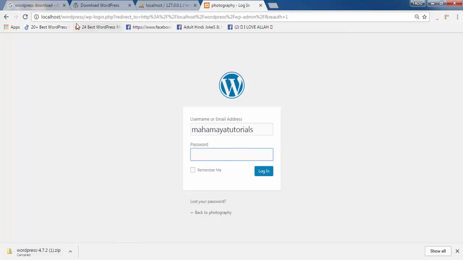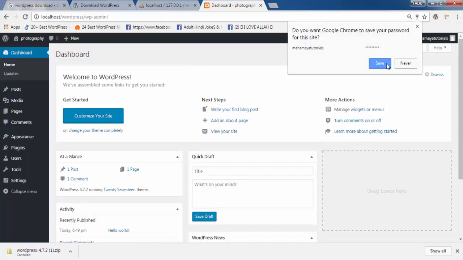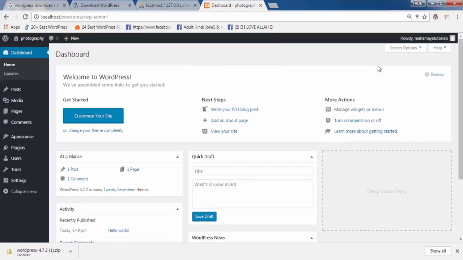See, now once it's done, I'm getting a username as Mahamaya Tutorials, and my password was Rahul@321. Now I can log in. You can ask the browser to remember this password. Don't worry.